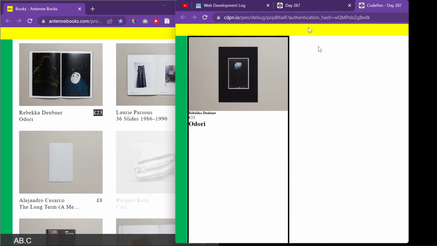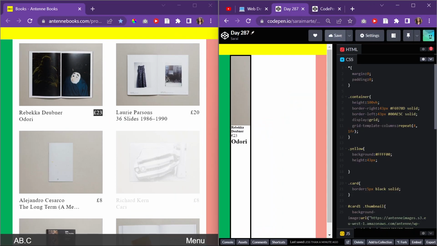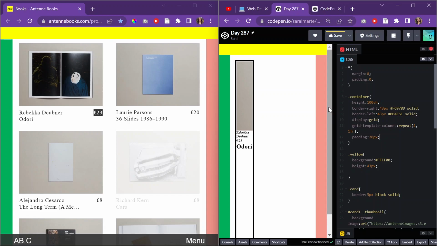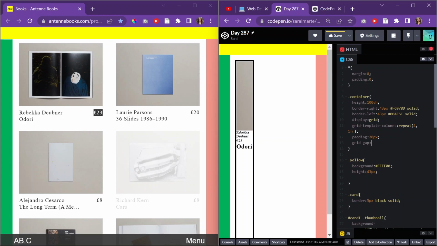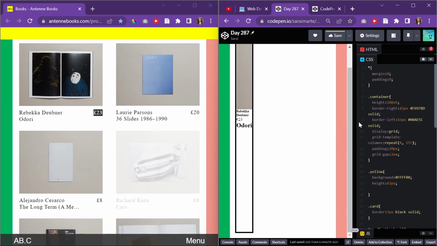So it looks kind of like that. And then the container itself, I want there to be a padding of, let's say, like 20 pixels. Yeah, kind of like that. And then I want there to be a grid gap between each card of, like, let's say 2 EM. Okay, and then I want there to be,